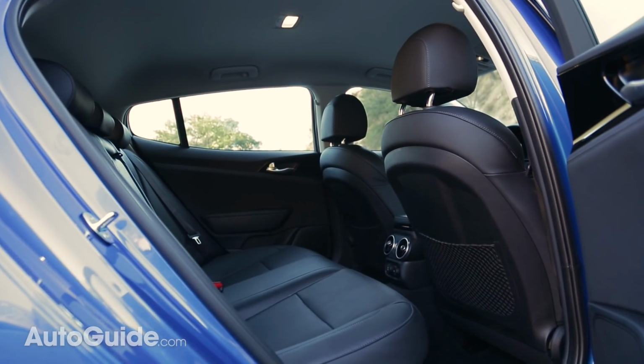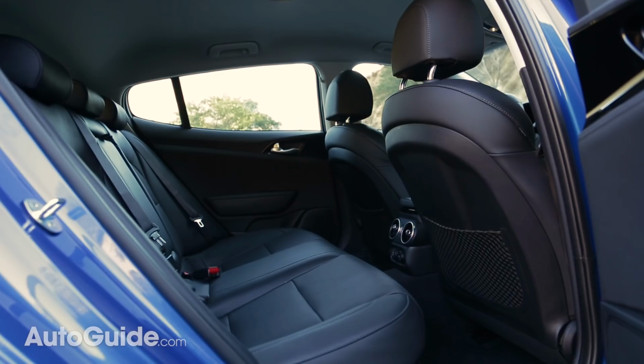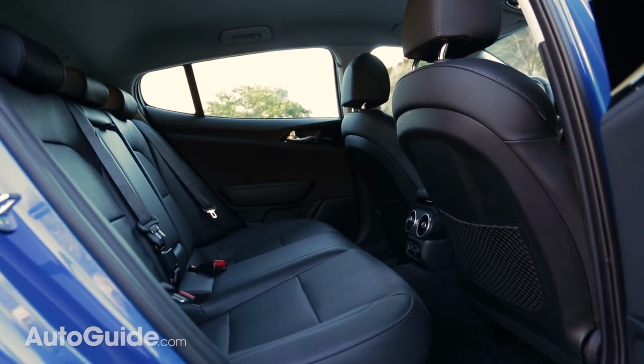The back seat could be a little bigger, a little more headroom too. Maybe. A little more headroom, yes. It's not like the Accord, there could definitely be more headroom, but